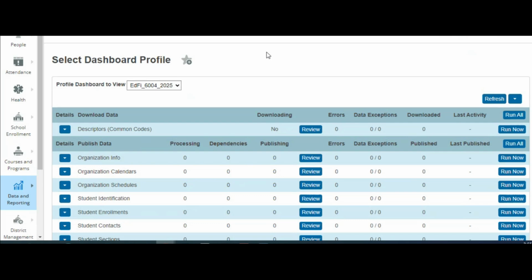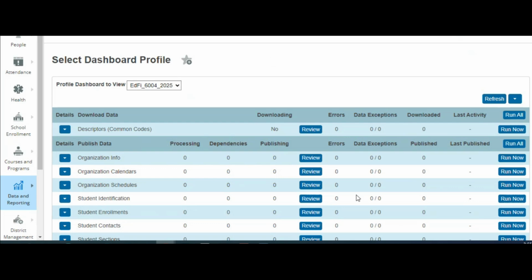So at this point, you have already obtained your EdFi API credentials for the 24-25 school year. You have already deactivated your previous year's profile, the 23-24 school year profile. You've created a new profile for this year, and you've plugged in your key, secret, and API URL. Those are your EdFi API credentials, and configured everything for your data exchange on the general setup page so that you are ready to publish data.